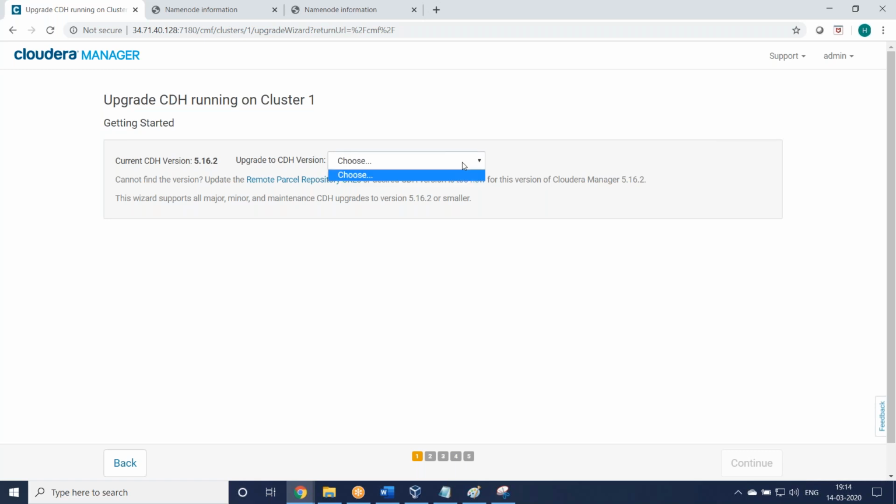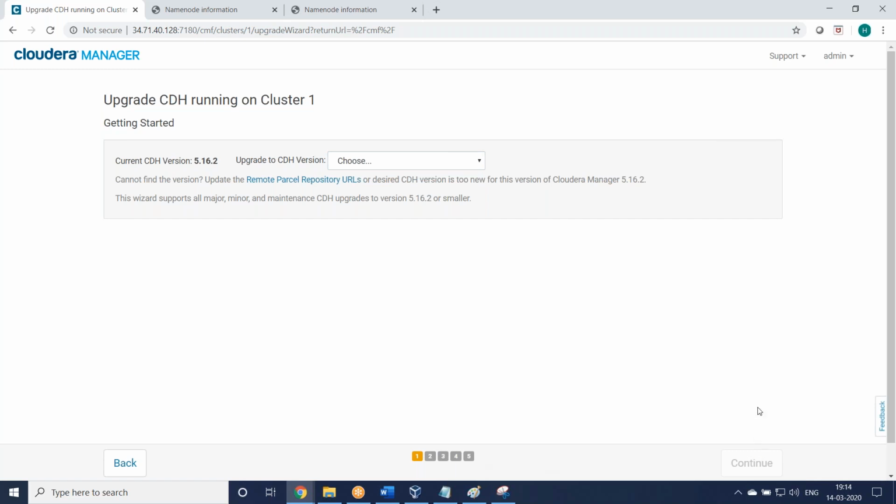It is asking you to choose the latest version. If we installed 5.10, it will show 5.16 here, or after 5.10 all the versions it will show. But we installed the latest version, that is why it is showing empty. So you can select and then go through all the options, next. That's it.